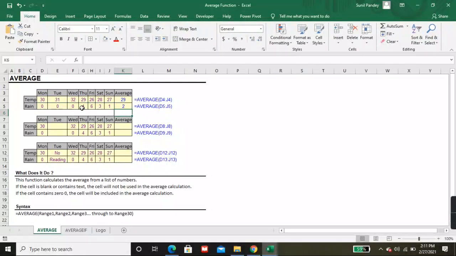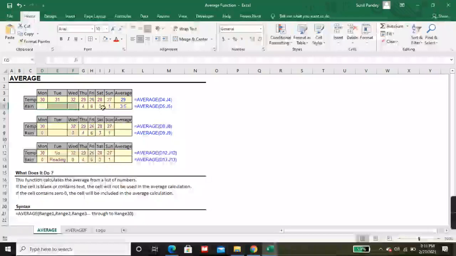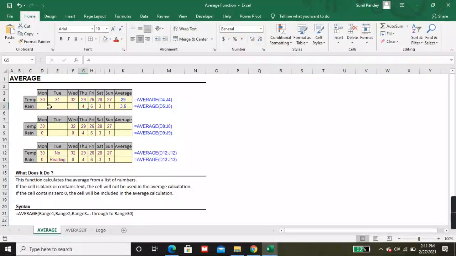Okay, so the average is 2. Means it will calculate the 0 also. If I delete the 0, see what happened. It will change. Okay, it will not calculate the blank cells, but if you put 0, it will calculate.